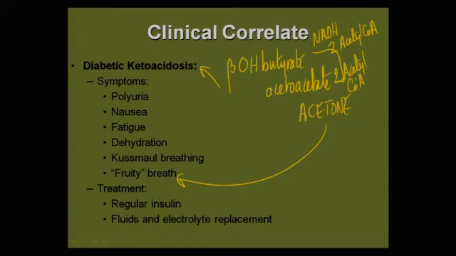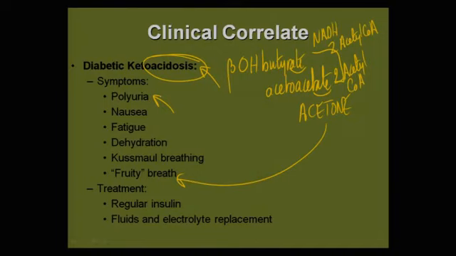Unfortunately, if we don't use those rapidly, they will build up. And you see the names end in "ate," meaning it is beta-hydroxybutyric acid and acetoacetic acid. Hence, the acidosis when those compounds build up. Symptoms are those of polyuria and polydipsia. As we filter those through our glomerulus and they get in the tubule, they increase osmolarity and therefore cause increased diuresis, nausea and fatigue from the acidosis, and the classic Kussmaul breathing, which is very rapid, extremely deep breathing without dyspnea. And when I'm looking at that Kussmaul breathing, very classic of a ketoacidosis type of question.